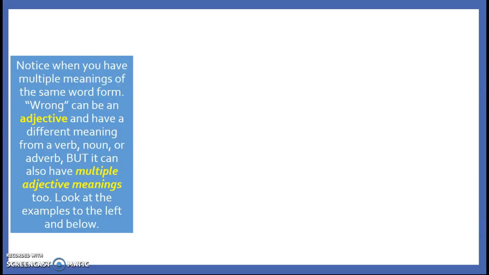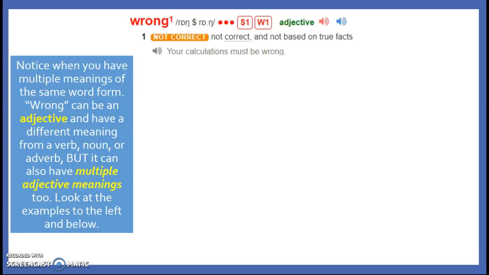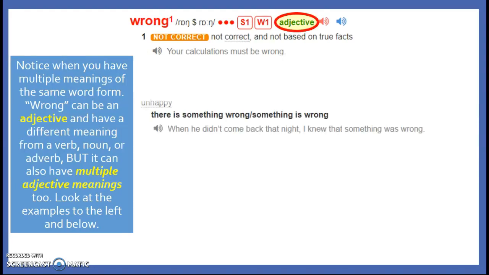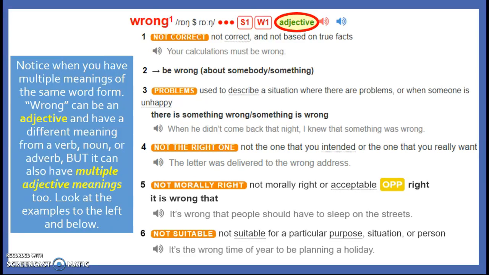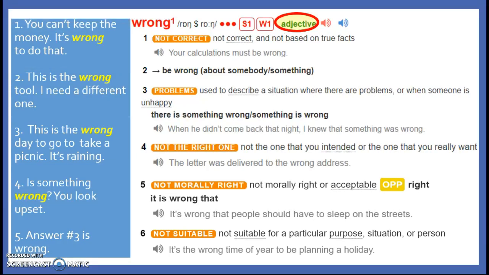Wrong can actually be an adjective and have different meanings from a verb, noun, or adverb, but it can also have multiple adjective meanings too. Look at the examples to the left and below. So look at the word wrong as an adjective. There are actually 6 different meanings of the use of the word wrong as an adjective. Now, take a moment to look at each of these sentences to the left. Determine which adjective meaning is used in the sentence. Take a moment to pause this video. After you pause it and consider,